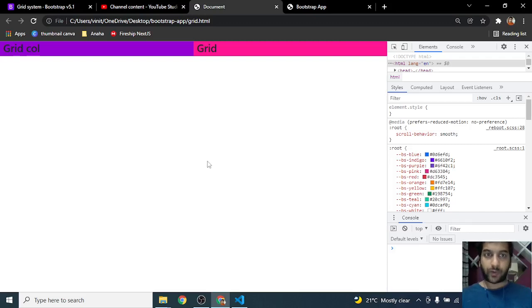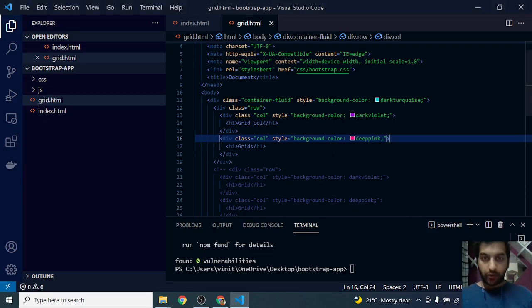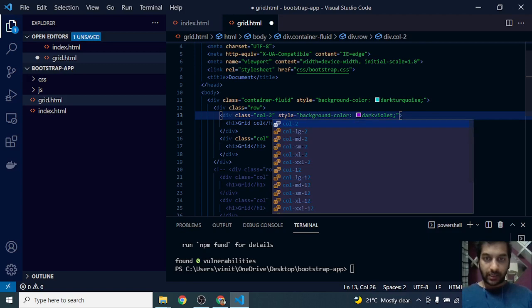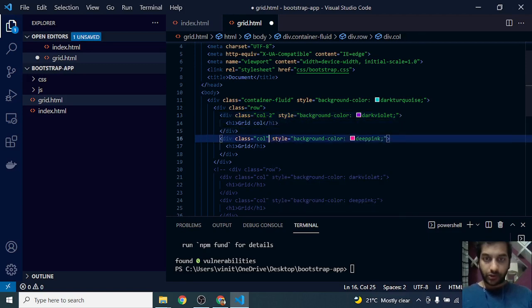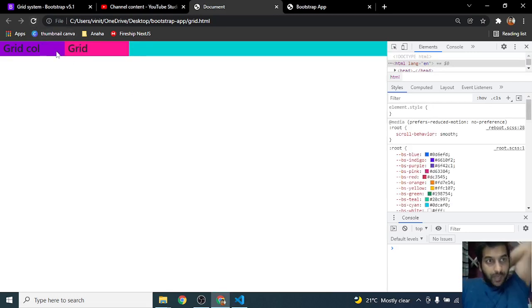Back to the basics, where we have a row with two columns, equal columns. So we have simply used a simple row class, and inside that two cols with class name as col. Say I set this col class to be col-2, which means that it will take two parts of these 12 parts the screen is divided into. So you can see my two columns are fixed on the left hand side.